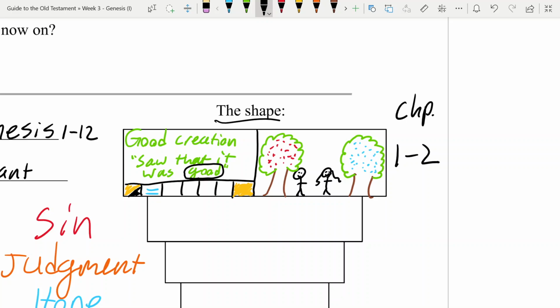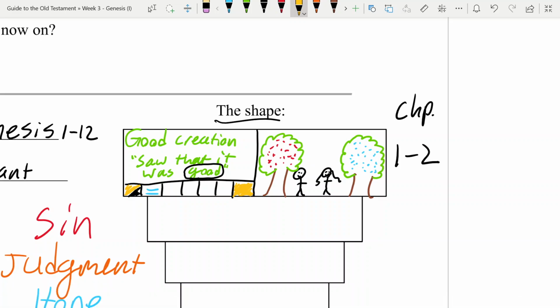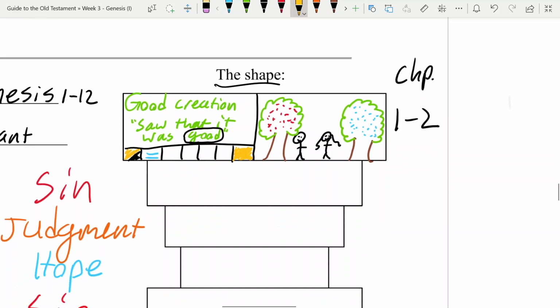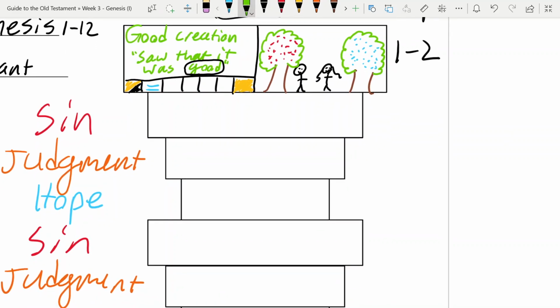And so the job of Adam and Eve here is to help God rule the world and spread his glory throughout the world, but to do so without trying to take his spot as the people who decide what is good and what is evil. They need to let God be God, and they're going to be under him. But of course, that's not what they do, and in chapter 3, we get the story of the fall.